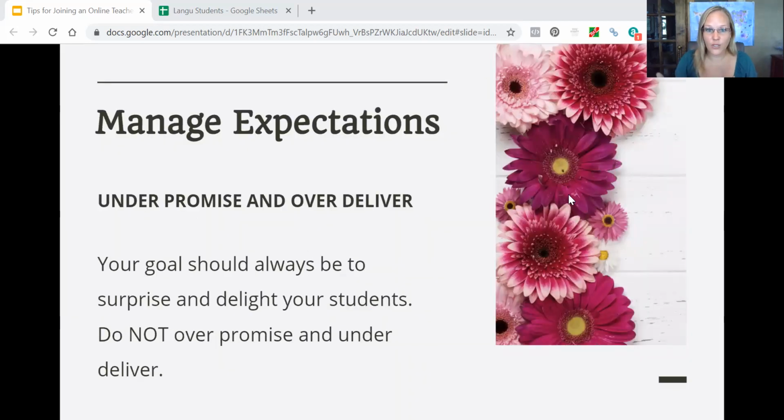You should also use your profile as a way to manage your prospective students' expectations. It's always better to underpromise and overdeliver. Don't do the opposite. For example, when I first joined the Langu platform as a teacher, I advertised that my lessons primarily focused on speaking and conversation, but I would plan out other exercises to focus on grammar and reading, vocabulary, or listening. And this was just a surprise and delight for most students, and it kept them coming back